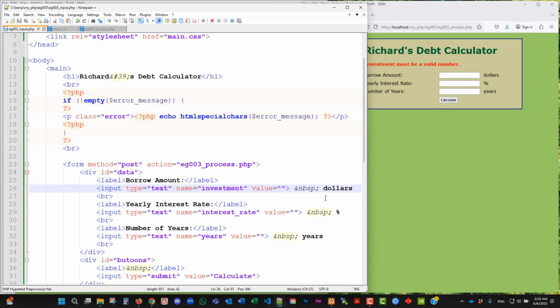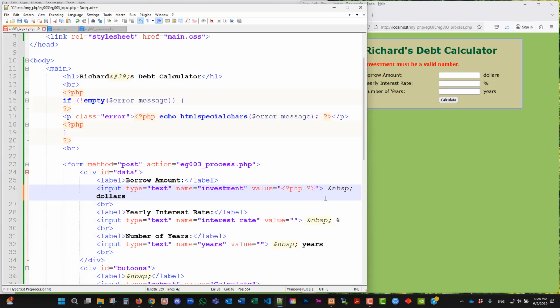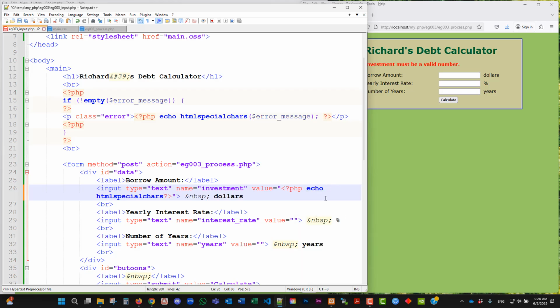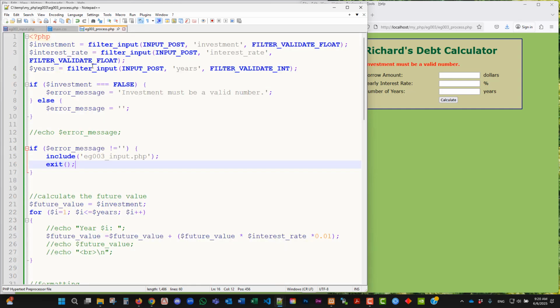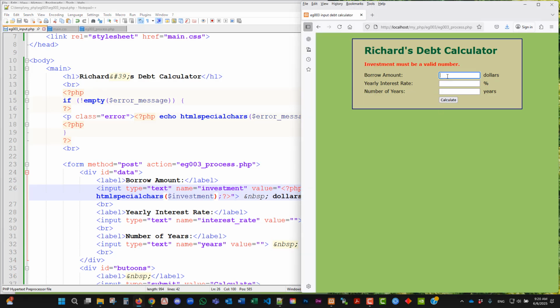So remember this is HTML. So now we have to do PHP. So we put PHP here. So now this is PHP. And then we echo HTML special characters for safety. The investment where the user first key in, which is captured here, we send the value back and put it here. So now if you key in 1000,